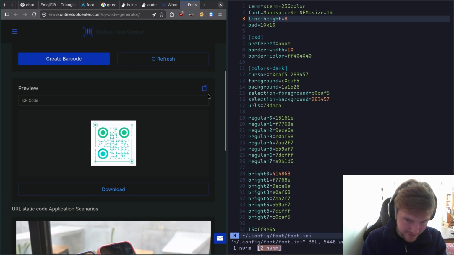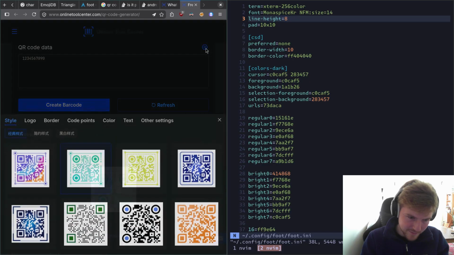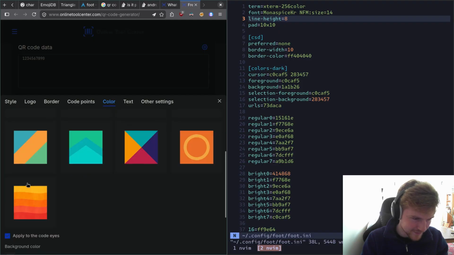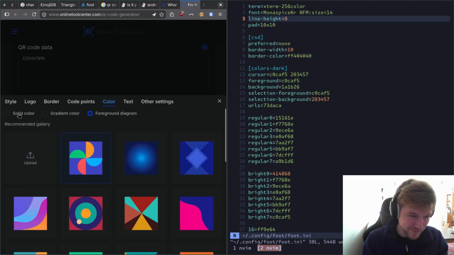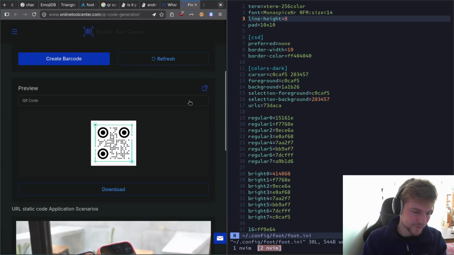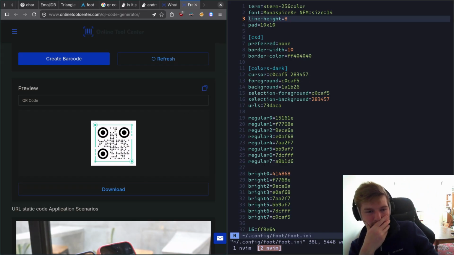Nope. Just doesn't work. It's maybe the colors are weird. I just want a black and white. Yeah, this is a really shitty website, but it was interesting that it can show me this. Okay, now it worked. This is very, very interesting, but